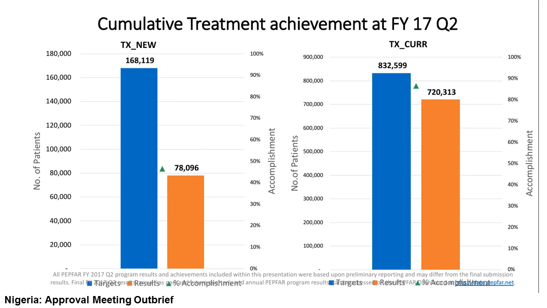If you look at the data from the Panorama website, at the beginning of the year, they actually had 700,262 already on treatment, so they already had 84% of their target achieved just coming into the year. So only moving up to 720,000 or 87% didn't really improve that much. This is where the net new indicator becomes really important. If they started the year at 700,000 people on treatment and their goal was to get to 832,000 people on treatment, that means their net new target was around